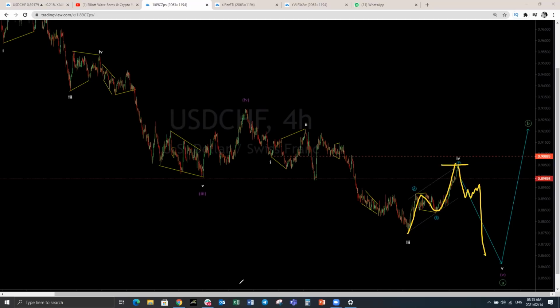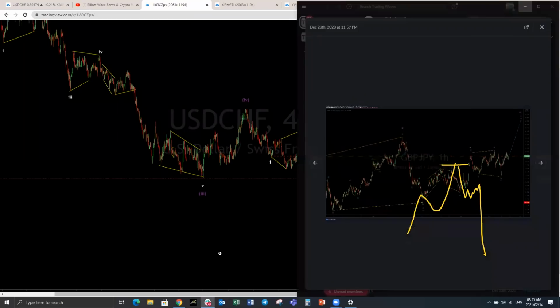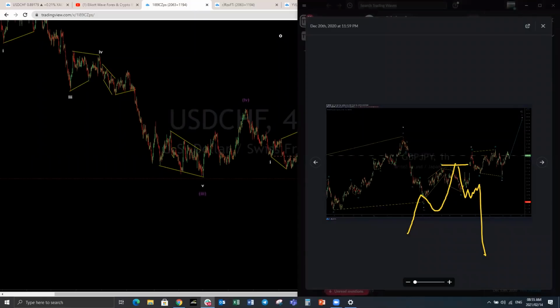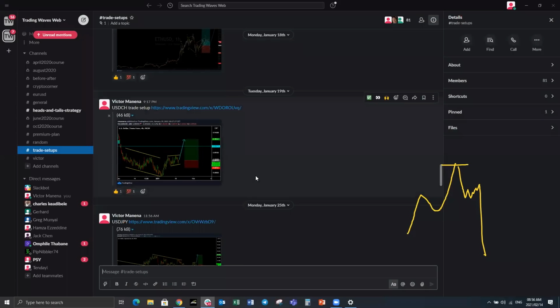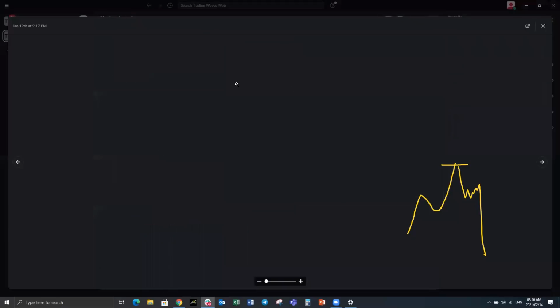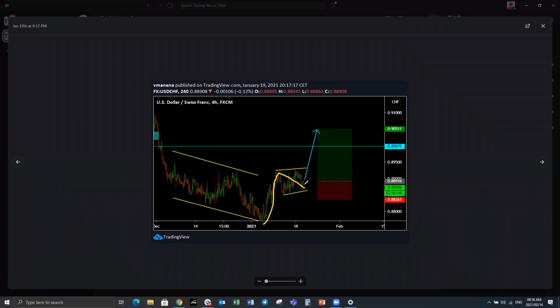Let me just show you that trade setup on US dollar CHF. Let me see if I can find it quickly. Right, so here it is. This is a trade setup on US dollar CHF. As you can see, we were only taking advantage of this short market move. We bought it here. Yes, indeed, it has played out. It did this, 1, 2. We're looking to buy it on a running flat. It actually made a flat, did not hit our stop, and has played out exactly as forecasted to this level.